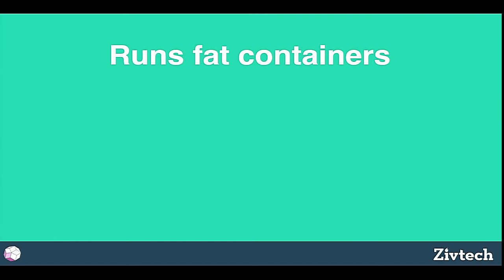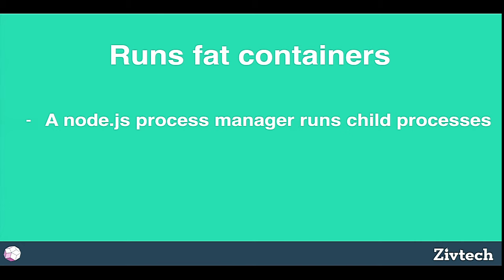So let me talk a little bit more about the architecture. This is going to be a controversial one. We're running fat containers, which is to say that we are running a Node.js process manager. So there's a little node process that starts up, and that starts up your LAMP stack. Linux, Apache, MySQL, Redis, Selenium are what we start up by default. And it multiplexes the log output so that we can get the output from each of those services and stream it and put it somewhere for you to do something interesting with.